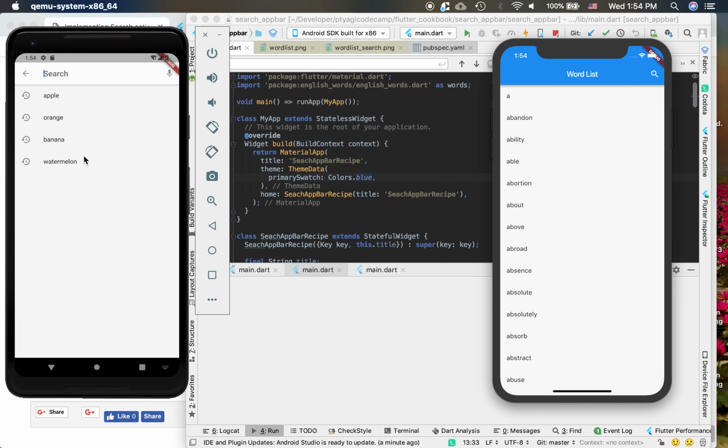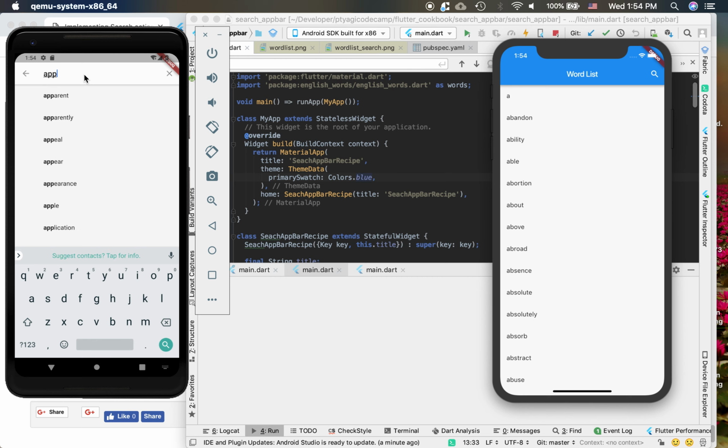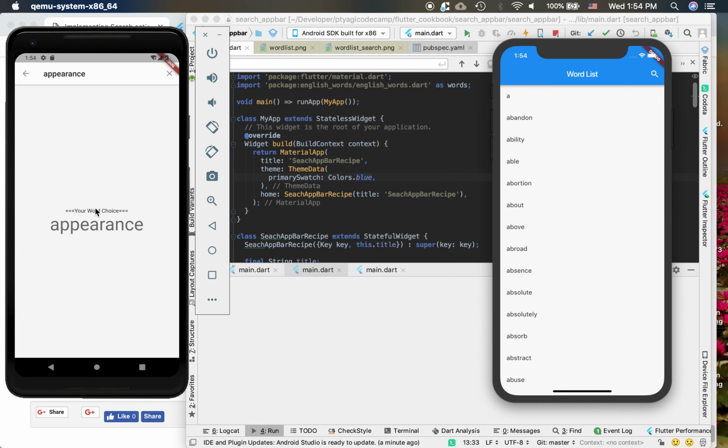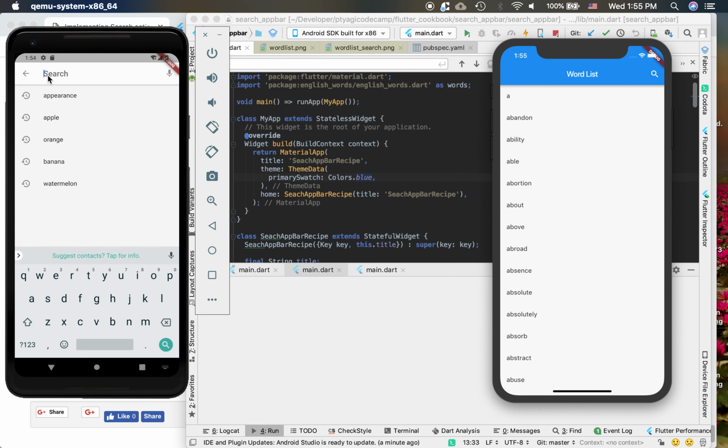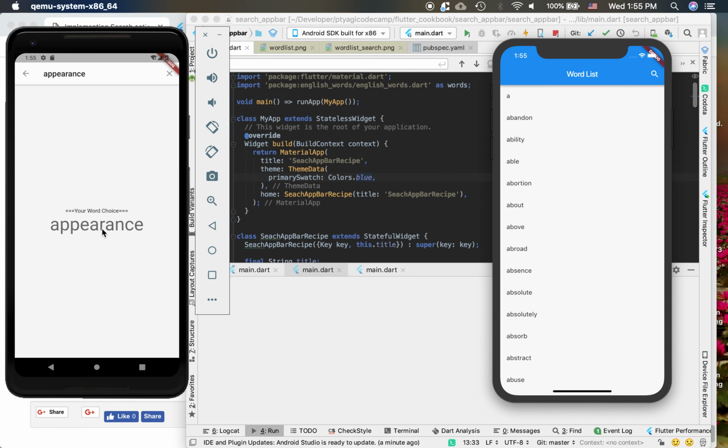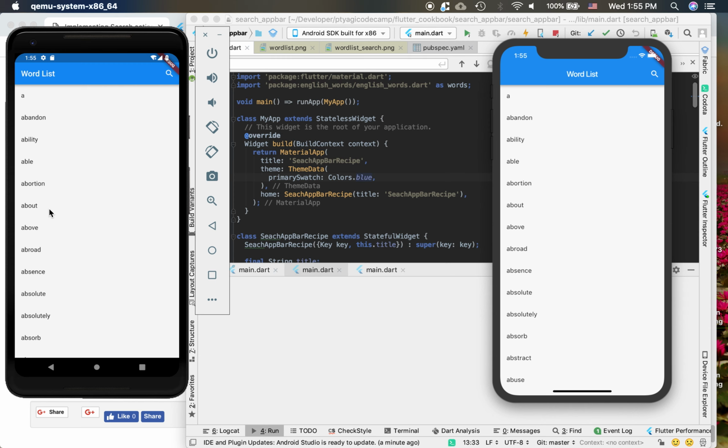I have these few pre-populated history words, or I can use my own. I put in "app" and it gave me all the suggestions right here, and if I click "appearance"... there is one button here, the X. I can go back. If I close it, this will remove the text in the app bar, and if I click it again and I click on the word, it will go back,